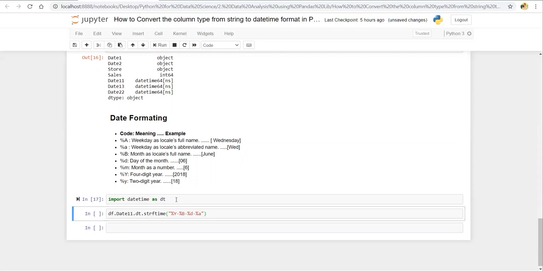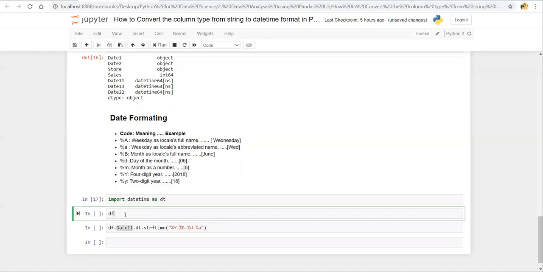With the help of the datetime library, we can format our date data type in any form. Here you can see the date 11 column in the data frame.